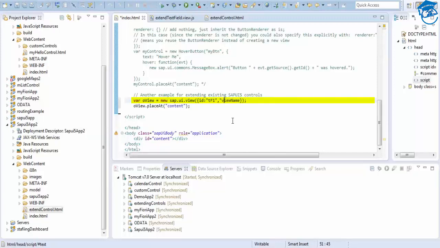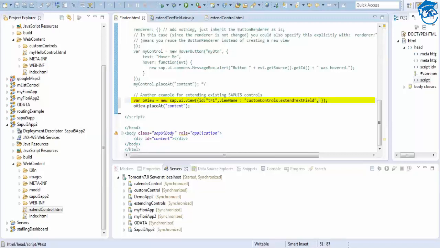So view name is a property. So what will be the view name? It is custom controls dot extend control. Extend text field. Extend text field. That's it.